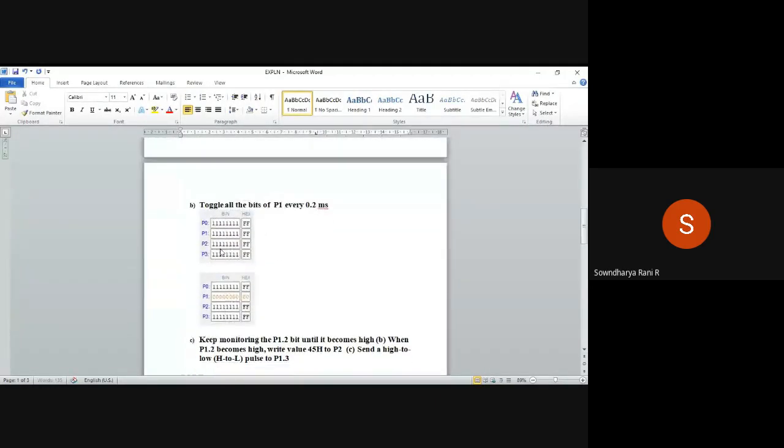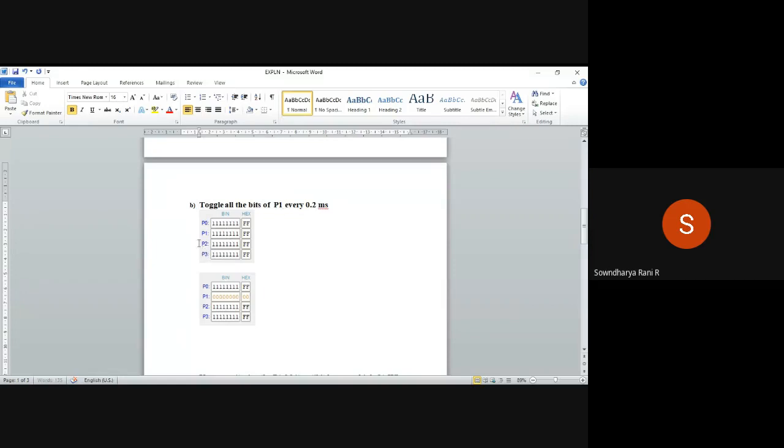So the second program, you are going to do by yourself. It is similar to the first one. The second is to toggle all the bits of port 1 every 0.2 millisecond. What we have done in the previous program is take only one bit of port 1 and make it toggle. Now you are going to toggle all the bits of P1.